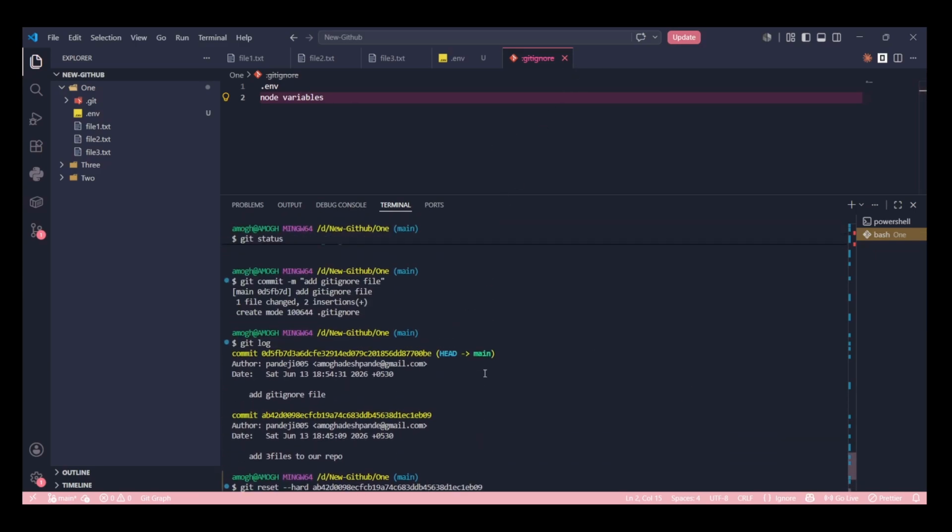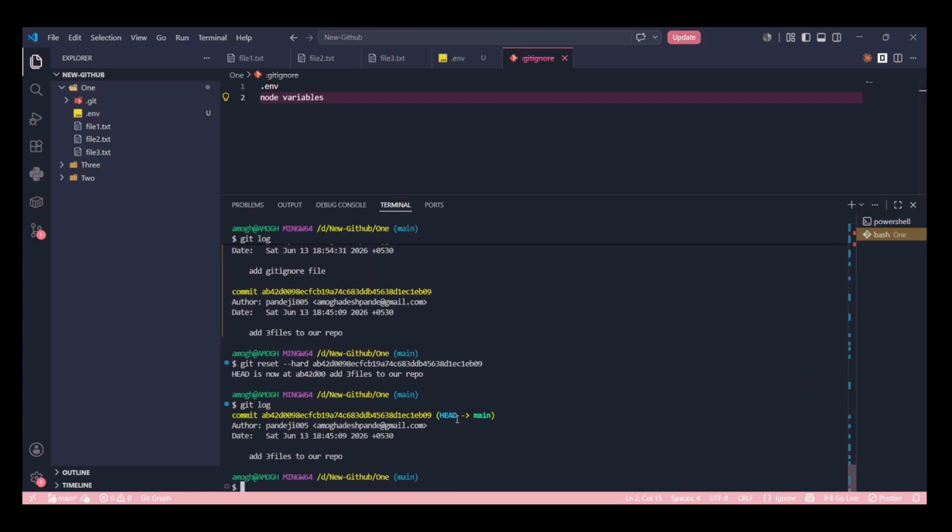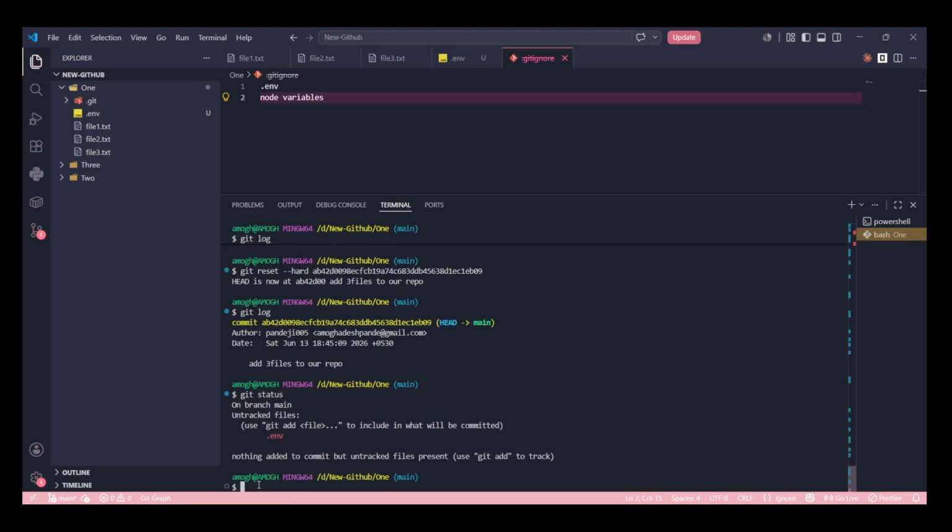Yeah. So now, before I create. Okay. Now see, I have only one commit, right? I'll run git status. It says there is one file called .env which you have not sent to the staging area. Before my commit, there was no git ignore file. See, there is no git ignore file here, even though I created it earlier. Okay, we have gone back into the history.